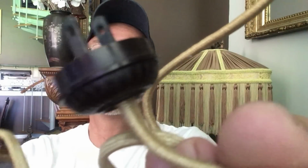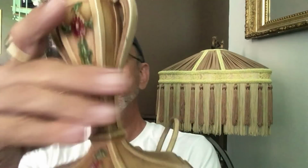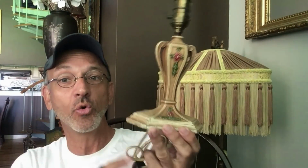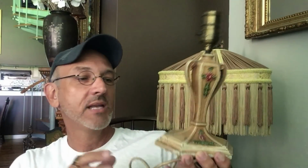That's the old original cord. I'd use this cord, but a lot of you, that would scare you to death. So this cord will come off, save the old plug. And the reason this isn't ready for sale yet is that I have run out of my antique electric cord that I use. And I can buy it online, but I also like going up to my